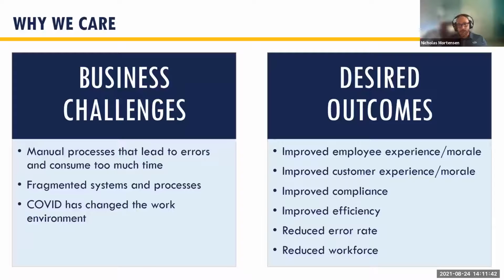And then one of the things that executives have pulled out, that Gartner pulled out, was reducing their workforce, being able to scale and grow without having to hire more people. The reality is it's very, very uncommon to actually reduce workforce with automations. What usually happens is you're able to scale without having to hire somebody else, or the people that you have are repurposed and asked to do more effective things with their time. I didn't want to change Gartner's words, so I left it in there as Gartner stated it, but that's where that came from. The reality is you're usually not reducing. But anyways,